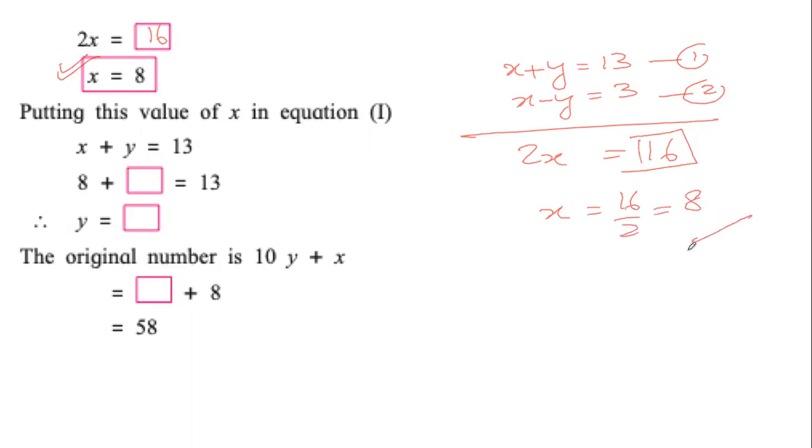This is what you need to understand. Don't try to remember that x equals 8 is given. You need to know how it came. We have already found one value. To find the second value, we are going back to equation 1, which is x plus y equals 13. We have found the value of x equals 8. We have to find the value of y, which we can find by taking this 8 from the left hand side to the right hand side, which brings us to 13 minus 8 equals 5.